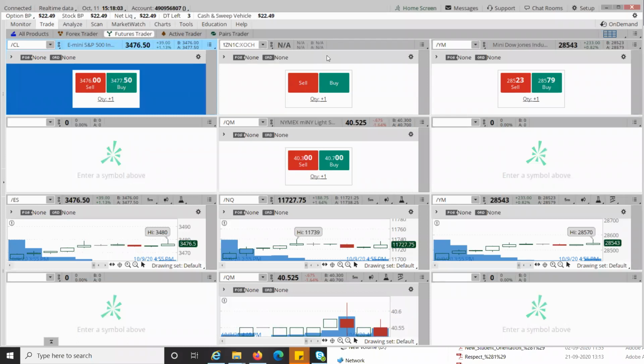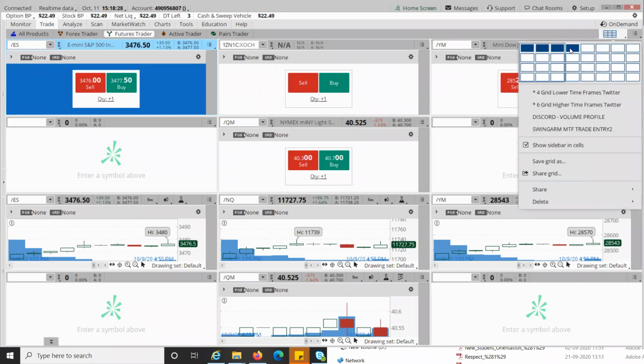Naval, I had one question. What kind of screen are you using that you can see all these different symbols at the same time? If you go into trades, you have a futures trader in TOS. I'm in TOS, Think or Swim. Okay, so it gives you a list of all the futures, all at one shot on the screen. Yes, like you can set up everything based on the grid size. You can increase as many as you want. But when I'm trading, when I go to the trade window, I'll show you what I use to trade futures. It's just to give you a glimpse of what all possible futures are there.